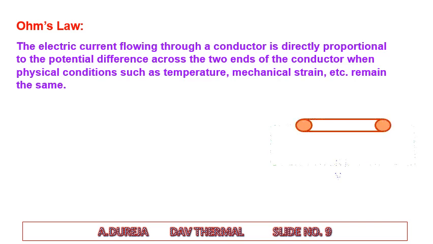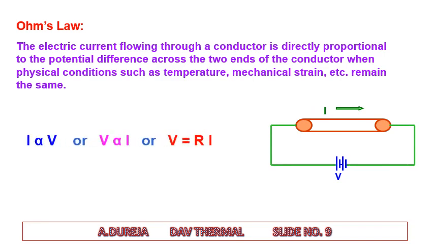Mathematically, I is directly proportional to V, or you can say V, the potential difference, is directly proportional to current. When we remove the proportionality sign, we get a constant R, and that is known as the resistance of the conductor. And because the relation between voltage and current is directly proportional, we get a straight line if we draw the graph between the voltage and current,